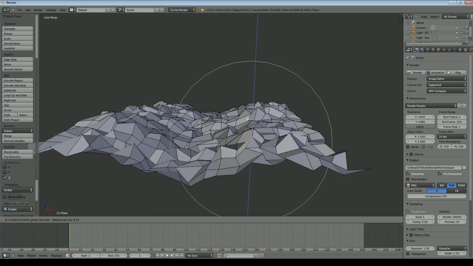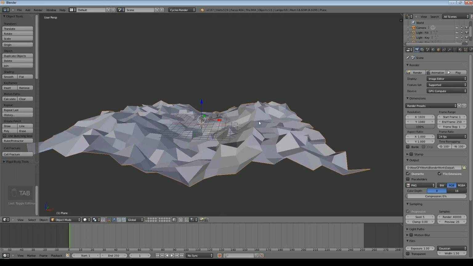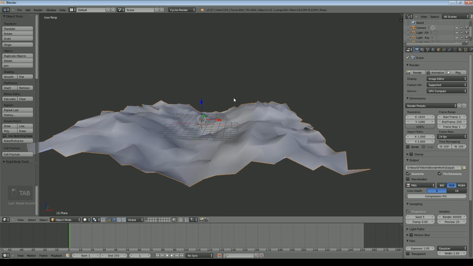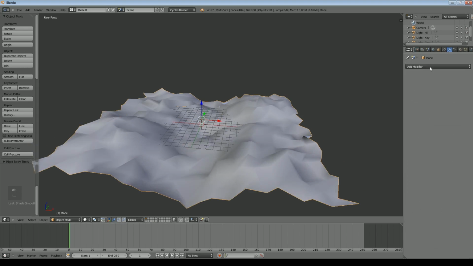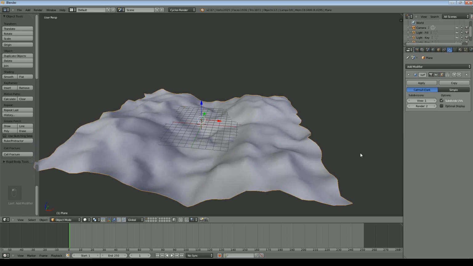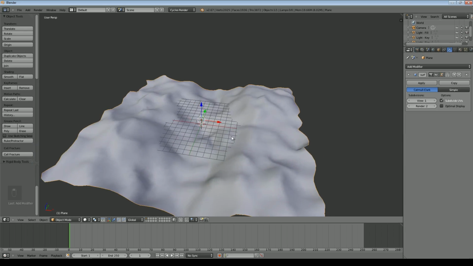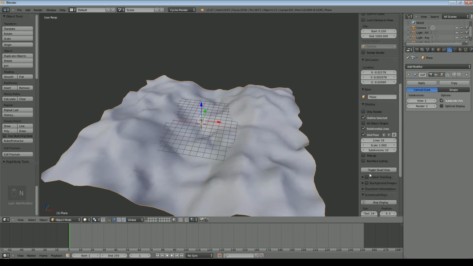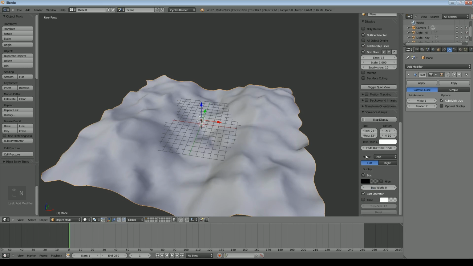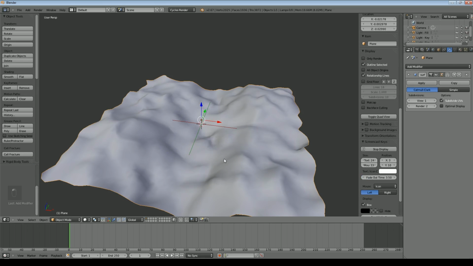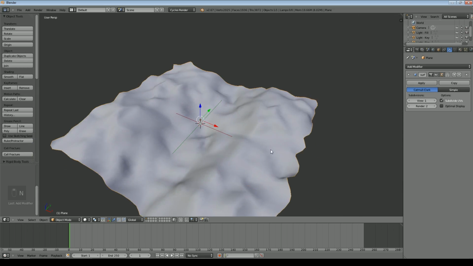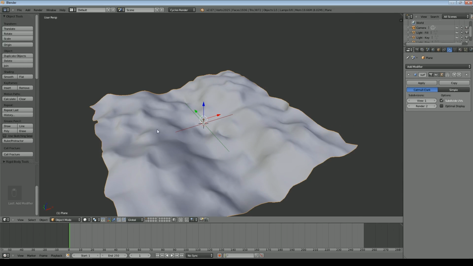Now this might not look very natural at the moment, but I'll obviously turn on smooth shading, and now we'll add a subdivision surface, and we don't need to put too many layers on it. I'll just turn off the grid floor. It's distracting. It's N, by the way, to bring up this menu. And now you can see we've got a fairly good start to a rough sort of surface.